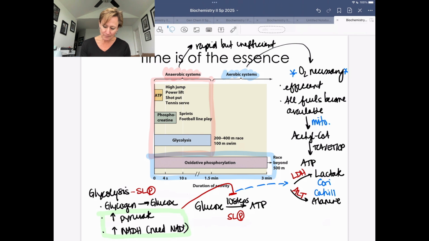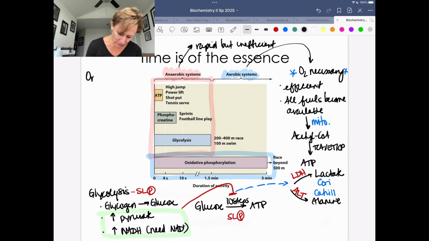But again, having the ability to produce ATP rapidly but inefficiently by glycolysis is important. Okay, but I'm going to highlight now these other two pieces. And there is a hierarchy in order of fuel use. So again, that quick review, we're going to tie back into it in just a second. But when we think about the order of fuel use,